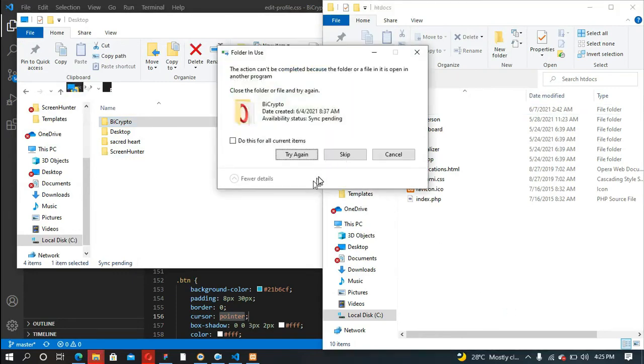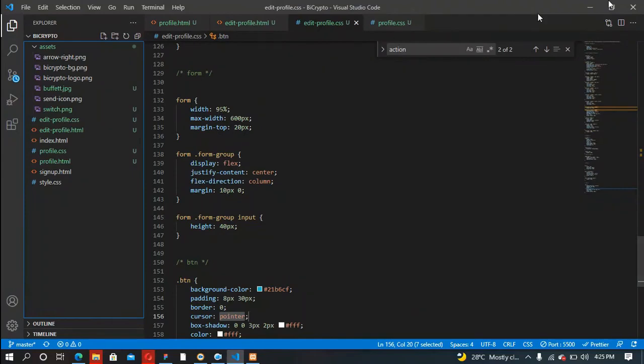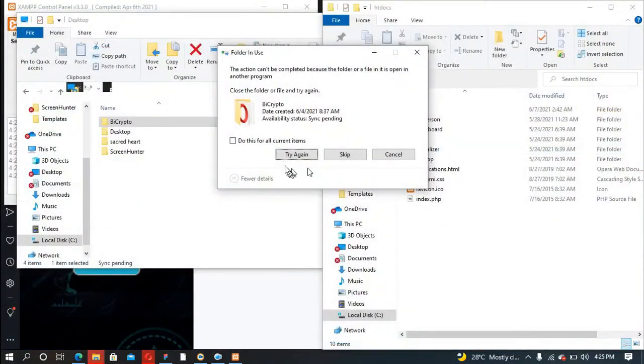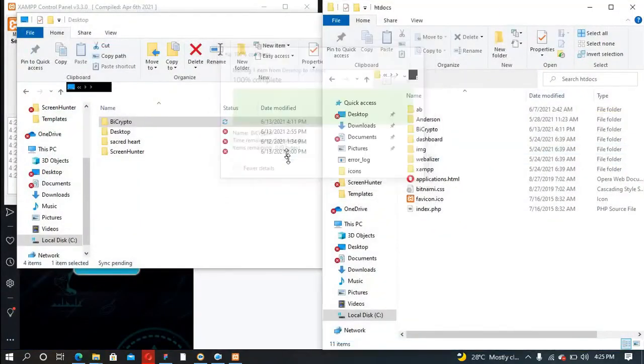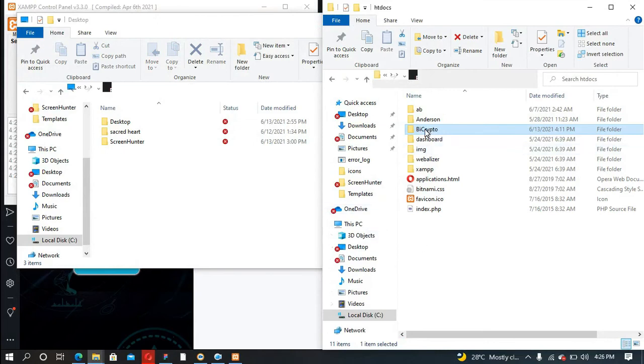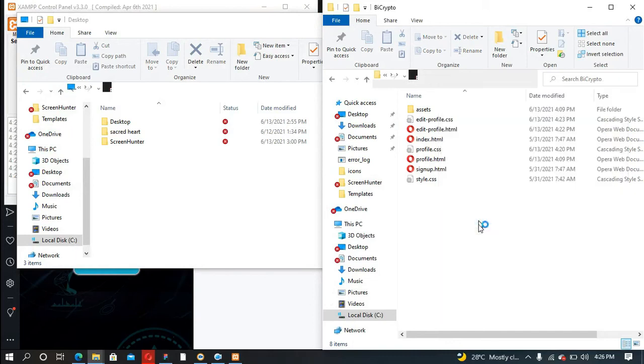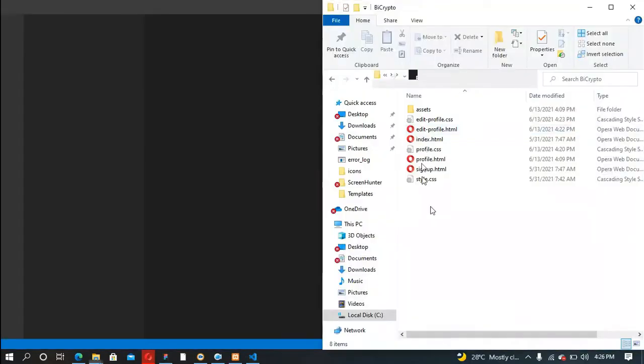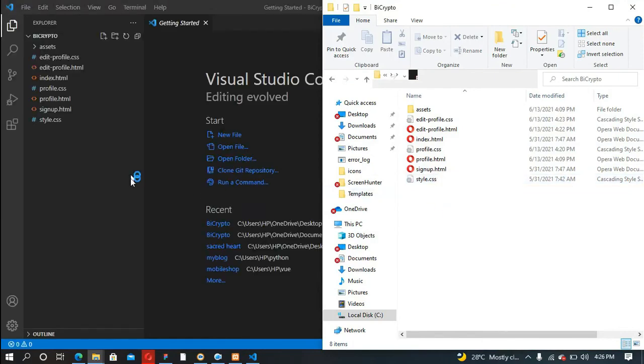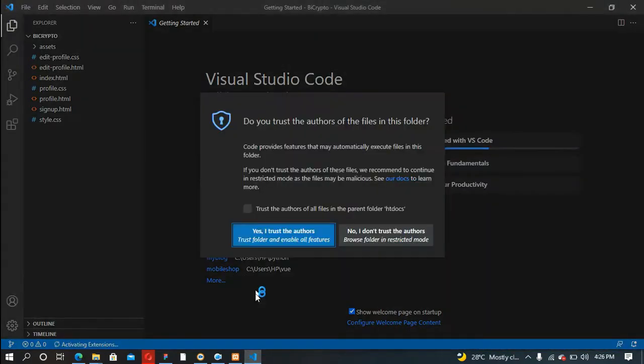Okay, so it's being used. So let's just close this. Let's try again. Perfect. Now let's open it from here. The reason why we have to do that is we need a virtual server to work with PHP on our machine. Since we are going to be writing PHP code,